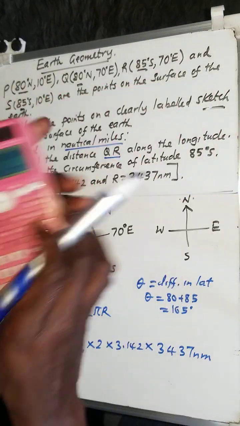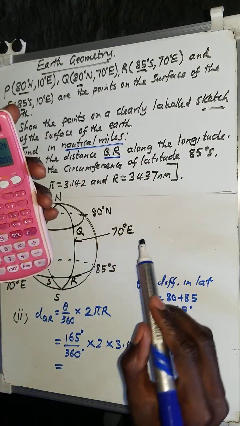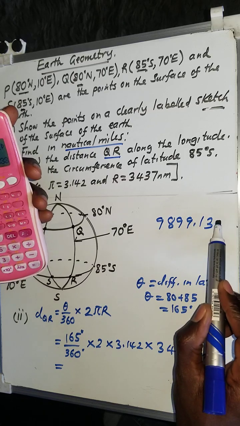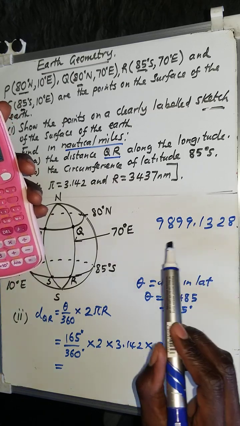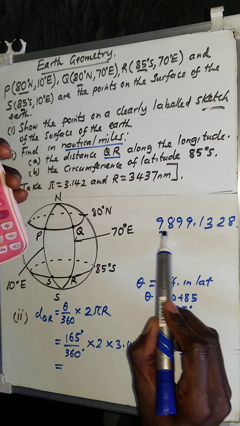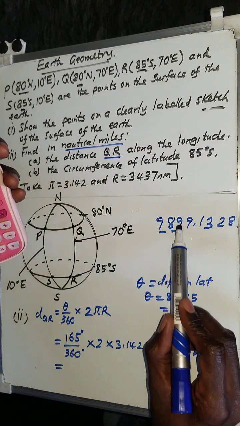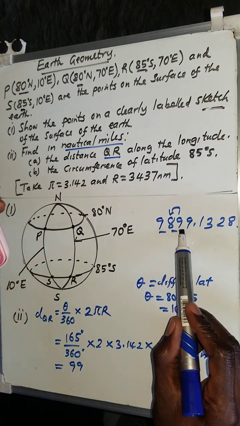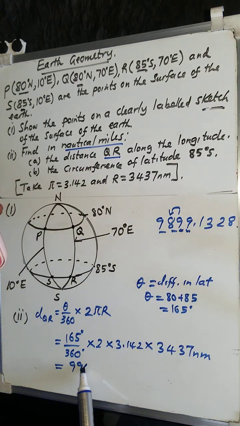The value that it is giving me here, let me just show you, is 9899.1328 and so on. So you can't leave this one to 3 significant figures, it will be difficult. So let me just leave it to 2 decimal places. So I'll round off this one. It is going to be 99, and these you maintain place values by adding zeros, and that will be in